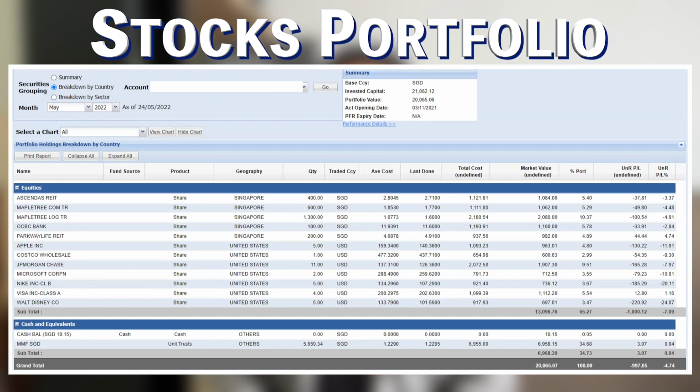I will still continue to increase the number of holdings. For Singapore stocks it will be 10, for US stocks it will be 10. And as for the cash holding, I'll maintain at least 40% in cash. Currently, the cash holding is slightly less than 35%. It means that if the cash holding is less than 40%, I will not do any buy transaction or averaging transaction